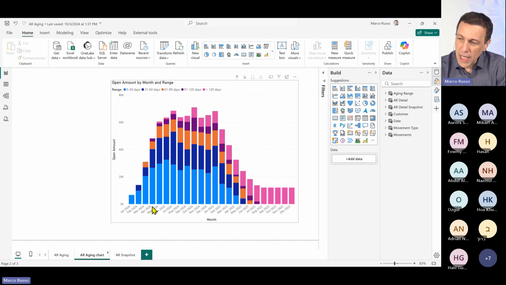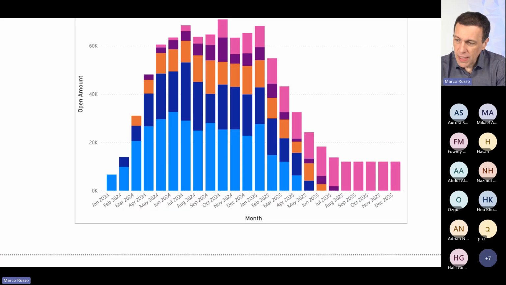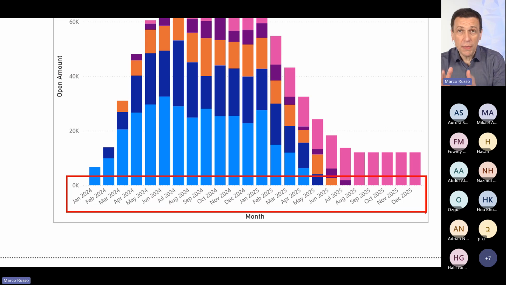Now, what is the challenge? Every month, you see that the x-axis is the situation at every month. Now, think about this. Every invoice has a due date. Due date is when the bill should be paid, and a payment date is when the bill has been paid. Ideally the same day, or maybe the payment date is before, but sometimes it is after.